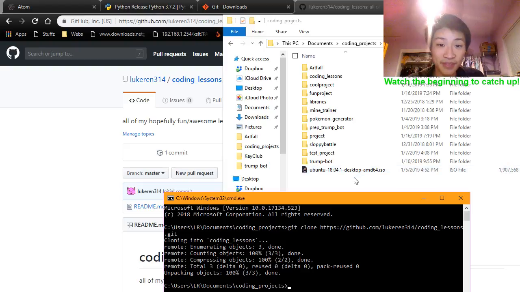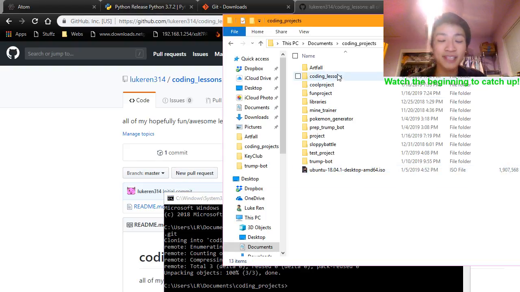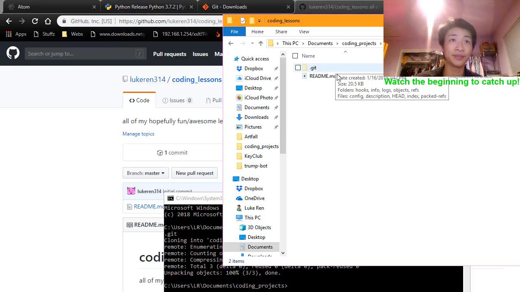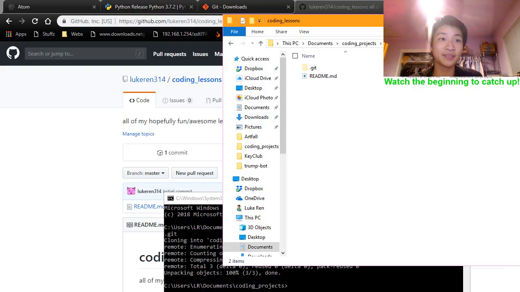Now it has this, where is it? Coding lessons. This is the project repository I'm going to be using. Okay. So it has a Git secret folder thing over here. Basically, what that does is